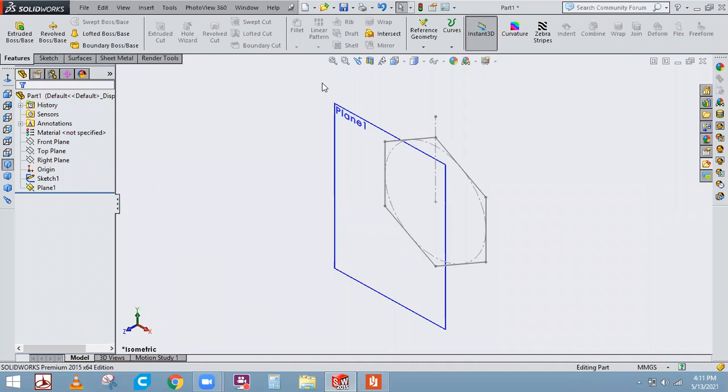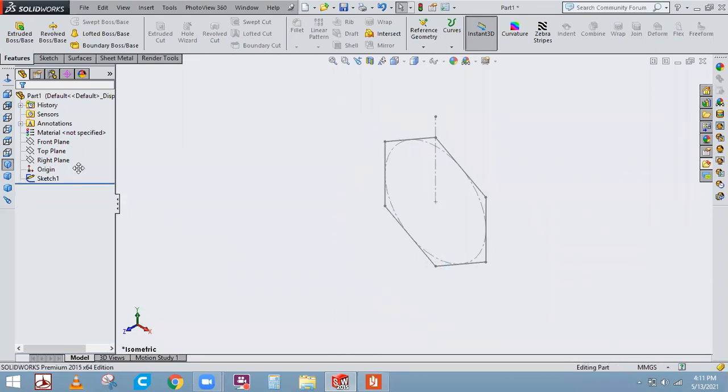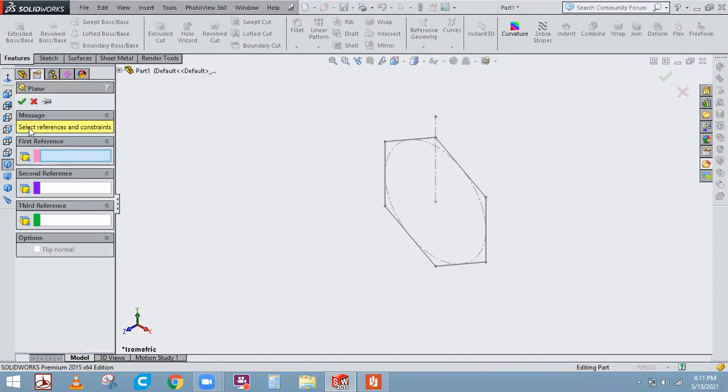No, I'll explain it once again. Okay, no worries. To take this reference plane, I'll just delete this now, I don't want it. As we know, the first sketch has been done on the front plane. To take the extra reference plane, you have to click on this reference geometries here. Here you have a thing called plane. Just select that reference plane, and then these things will vanish. Now you don't have the plane to get.